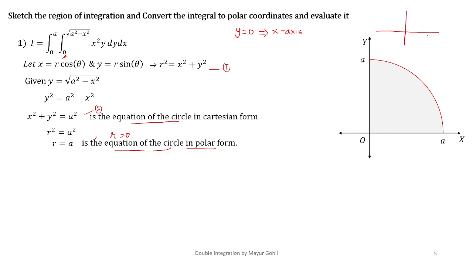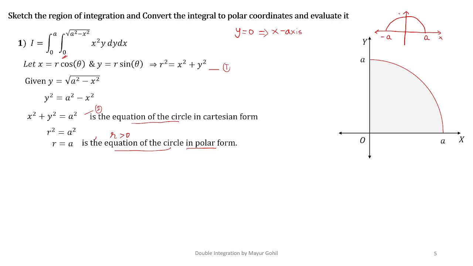When I draw the x-axis, the entire x-axis is taken into the picture. Now, if I see this limit y equals square root of a square minus x square, we can see that it's going to be a semicircle, right,